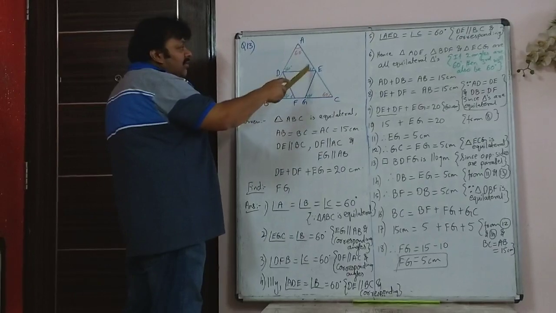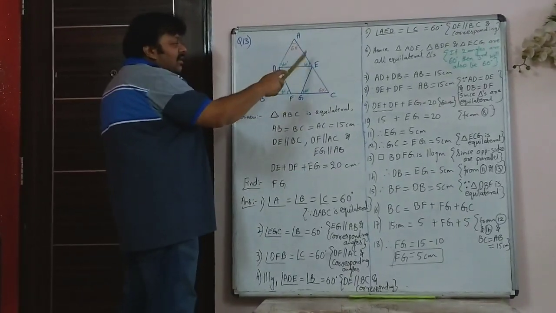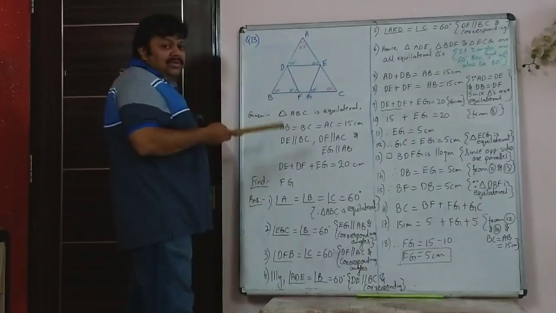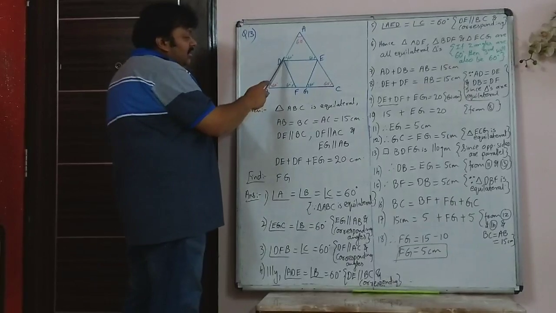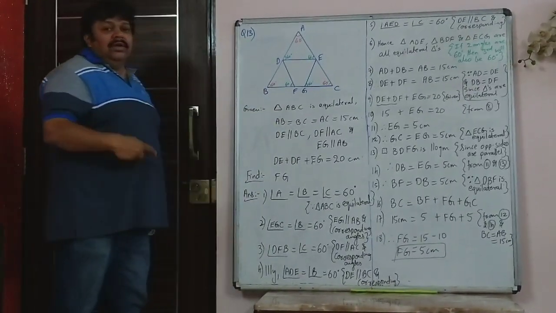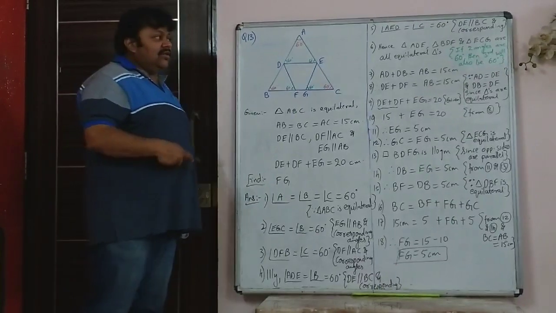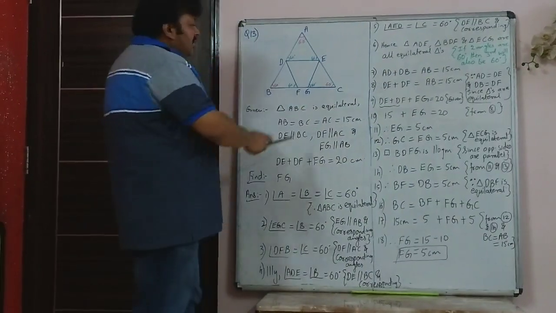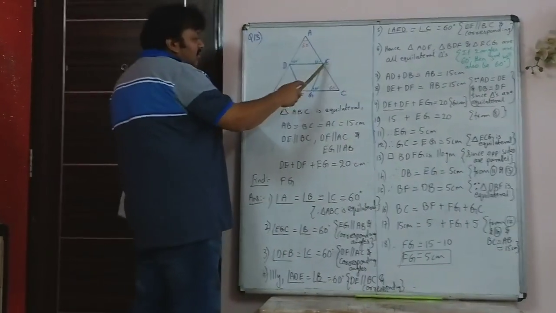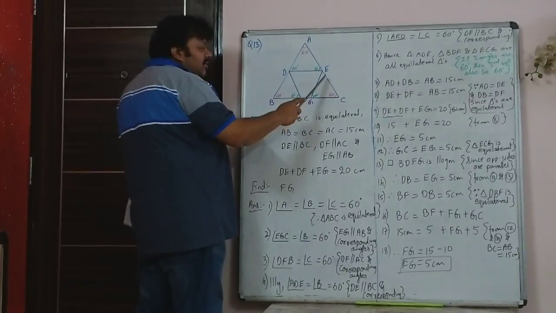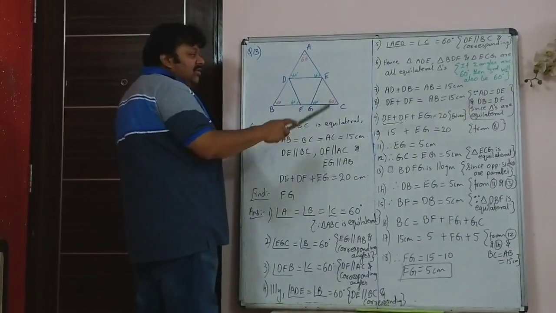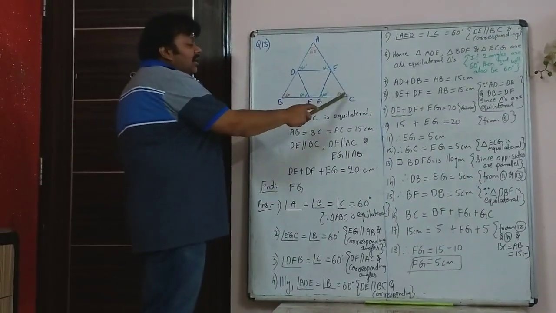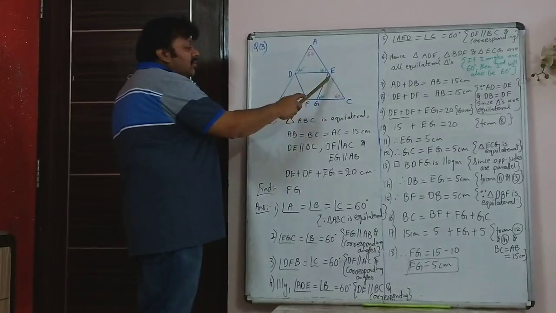This triangle is also equilateral because all the three angles are 60 degrees. If two angles are 60, obviously the third will be 60, so we need not write that. So we can say that BDF is also equilateral because two angles are 60 degrees, so the third angle will also be 60. So that is why I have mentioned here. Same way in this also, you have shown two angles are 60, so automatically GEC will also be 60. You need not write that step, already the sum is very lengthy.